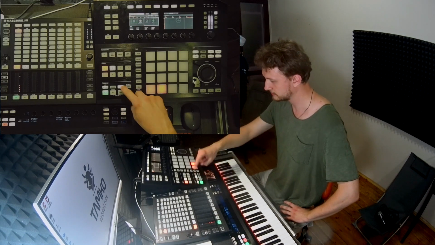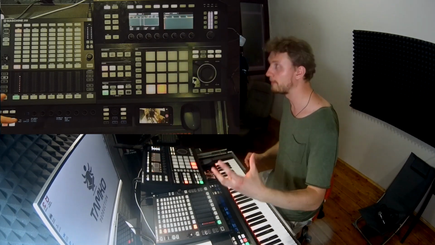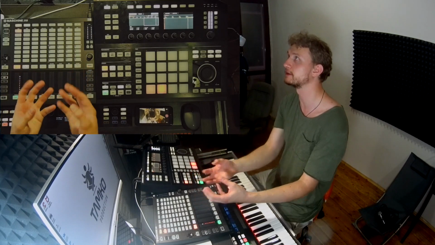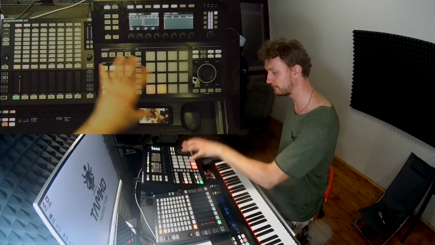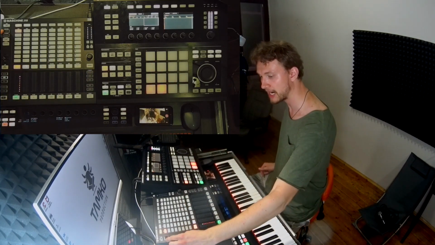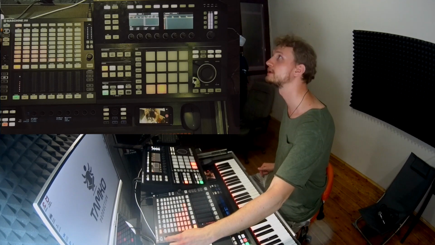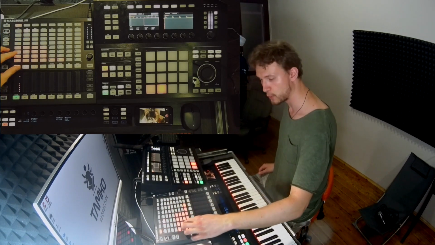Push events button to see the draw. And now I want to create hi-hat pattern using Maschine Jam, not Maschine Studio. So I push step mode. Now we can see here